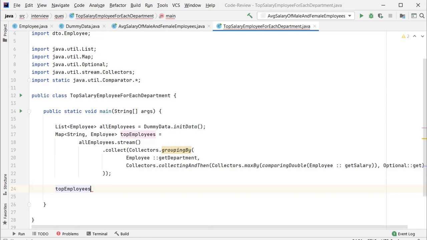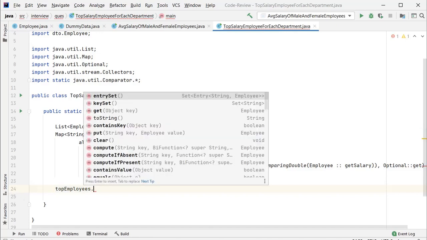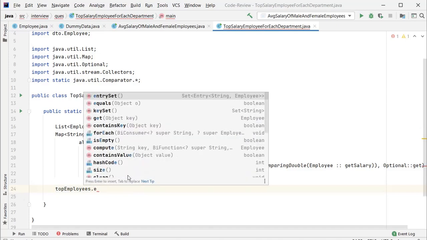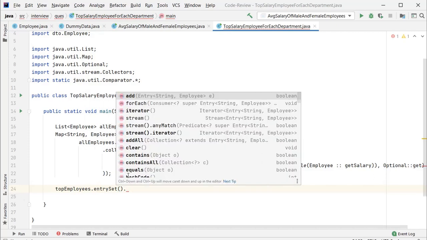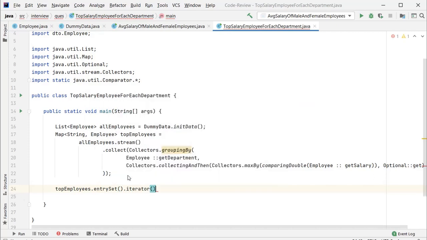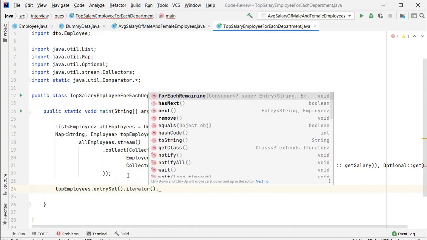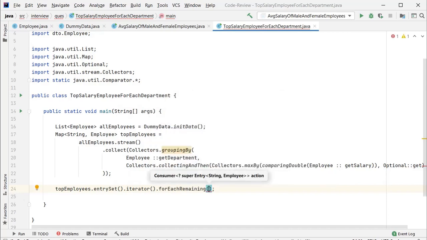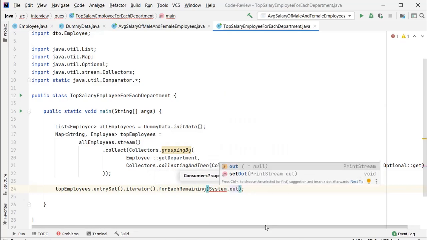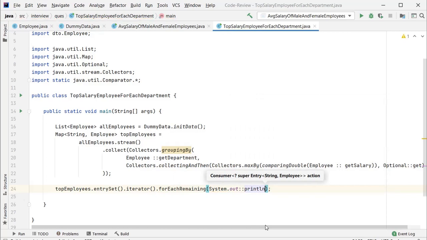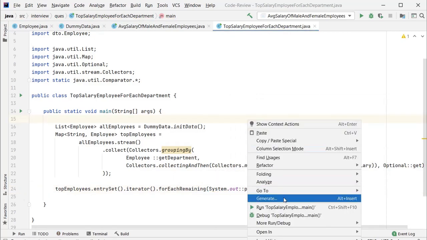For printing this I'll use entrySet, and in that I'll use the iterator, and forEachRemaining, and here I'll use System.out.println, then I'll run this program.